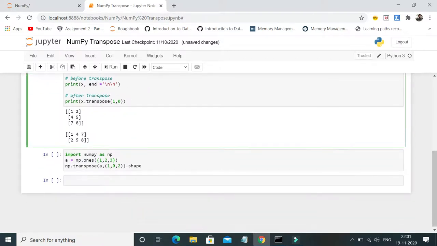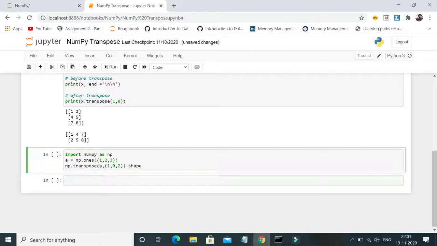And one additional piece of information which we can use inside the transpose function is, if you see, there's a dot shape operation which I'm performing on a transpose matrix inside the transpose function. Okay, let me tell you how this works. So in this example, I've declared a numpy array which has elements 1 2 and 3 inside it.